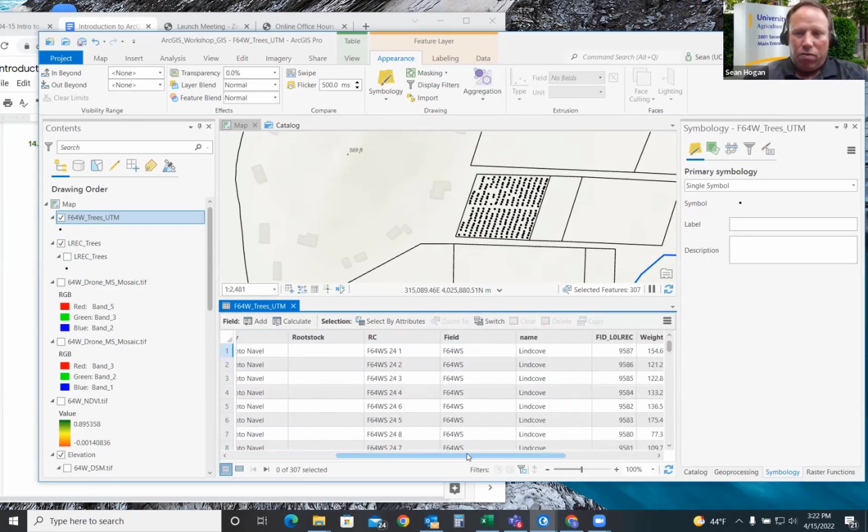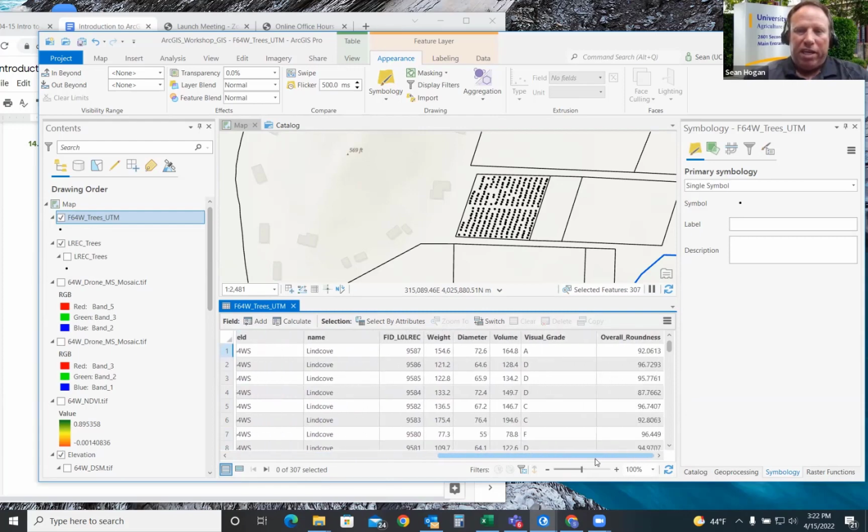Now, if we scroll over, we'll see more information, including the weight of the fruit yield from the trees, the average diameter, the volume of the fruit, and then a visual grading and overall roundness measurement that the Pacline sensors determined. So we have all this information now that's associated with each of these features.